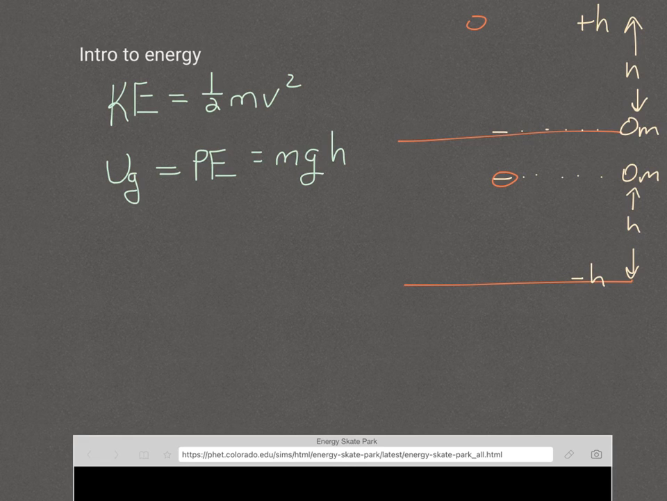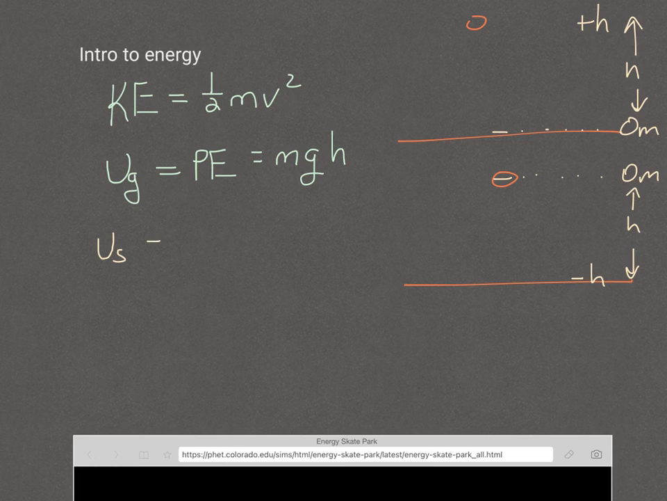We'd get the same answers no matter which reference point we choose, but it is arbitrary and you can choose it yourself. Sometimes once you get used to solving problems, there's a way that you can pick the easier reference point for the problem. All right, the last type is spring energy or elastic energy, and it is a form